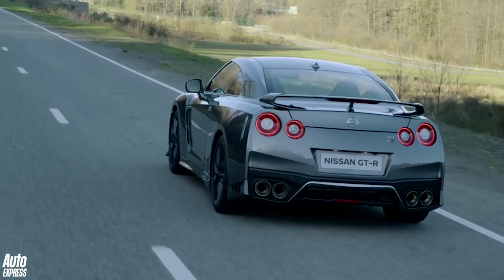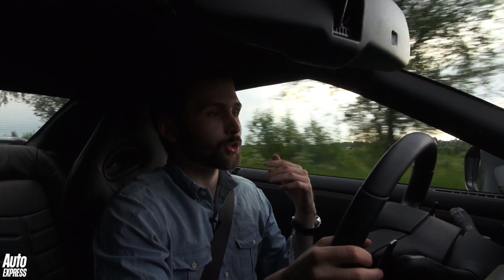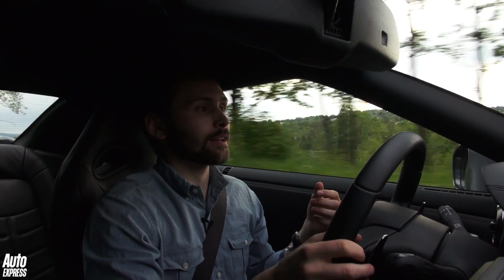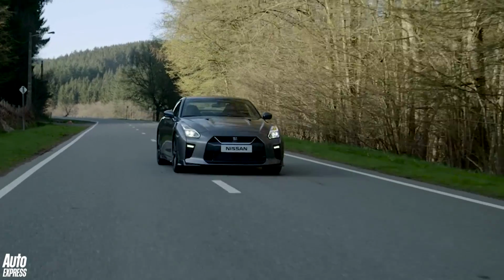But what has always puzzled and amazed me about the GT-R is the fact that a manufacturer such as Nissan can produce a car which is as dull and as forgettable as a Nissan Micra, can also develop something which is as deranged as this. Honestly, they're just...